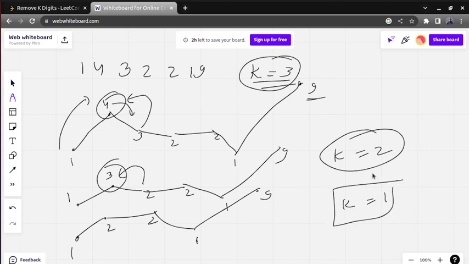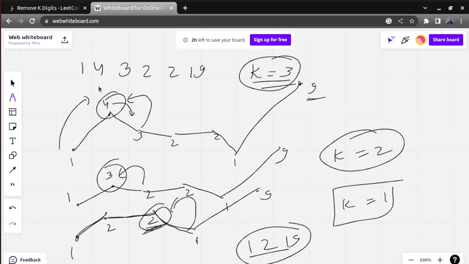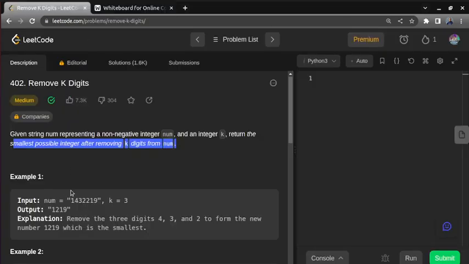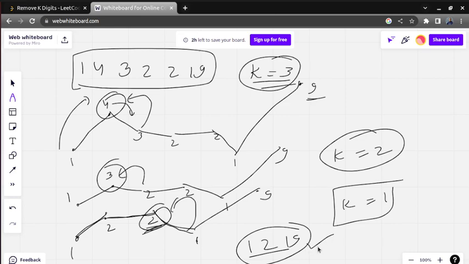It means we need to remove one more element. So here it is increasing, we don't have any issue. It is going sideways, then also we don't have any issue. But as soon as it goes down, we are going to remove the previous high. So it will become like this: 1 2, this is removed, 1 9. So if you see this number and you need to remove 3 numbers, what is the output? You can see it is 1 2 1 9, which is our correct output.